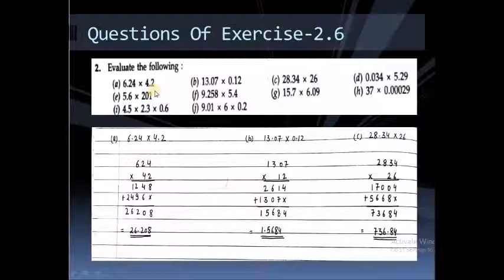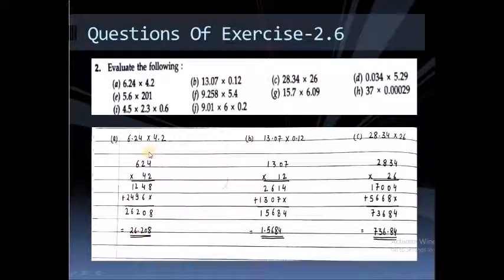Just recall what I have told you: whenever you have to multiply two decimal numbers, first of all, ignoring their decimals, you multiply them as ordinary numbers. And after the multiplication, when you get your answer or product, in the product you have to put the decimal again. You count the number of decimal places in the multiplicand and in the multiplier, add the decimal places of both, and put the decimal by counting that number of digits from the right.